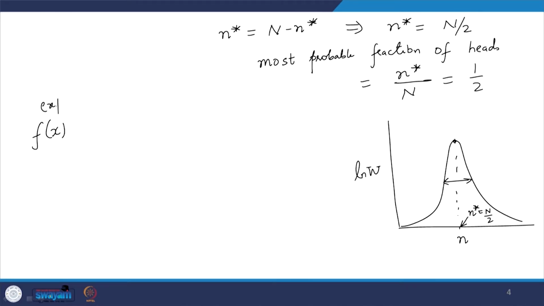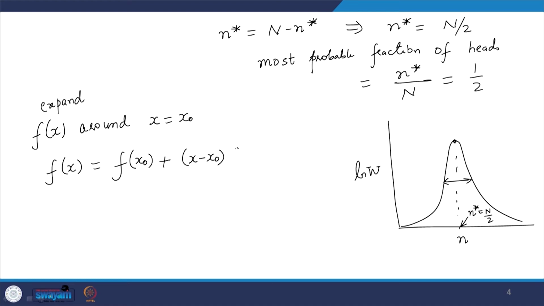So, for doing that, we can use the idea of Taylor series, right. What Taylor series says is that if I want to expand a function around some value of x that is equal to x naught, then that expansion is given by f of x is equal to f of x naught plus x minus x naught f prime x naught plus x minus x naught square by 2 factorial f double prime x naught and so on. Now in this case my x is the n value that we have and my x naught is the n star. So, I want to do expansion of ln w, so my f is ln w